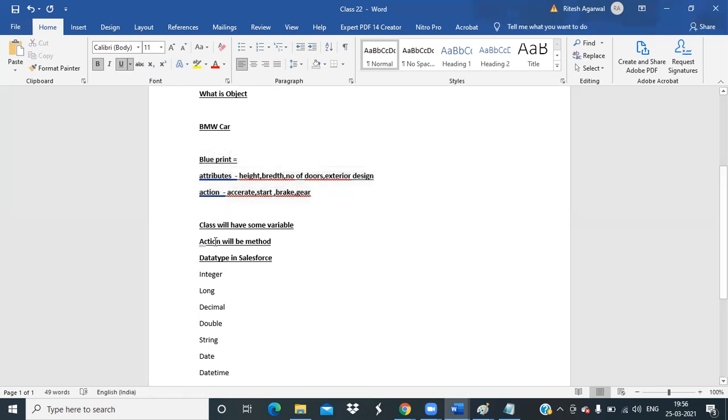And if we talk about class, the attribute will become a variable, and the action will become a method.